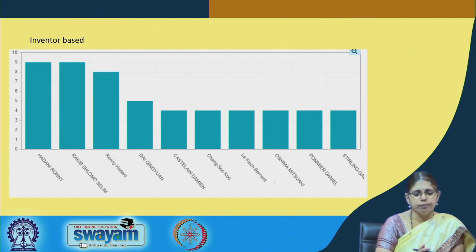So, here you have the major inventor in this area is Ronnie Hadani. Interestingly, Ronnie Hadani started his career as a mathematician and then moved into the area of looking at communication technologies, where the area of representation theory has a lot of relevance in relation to communication.